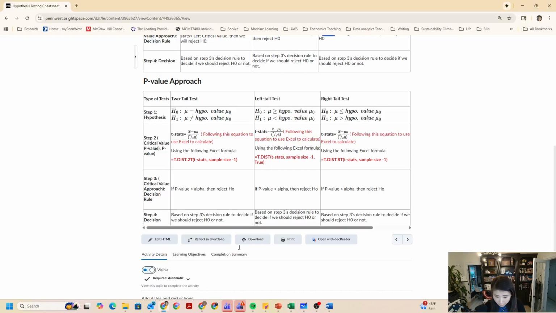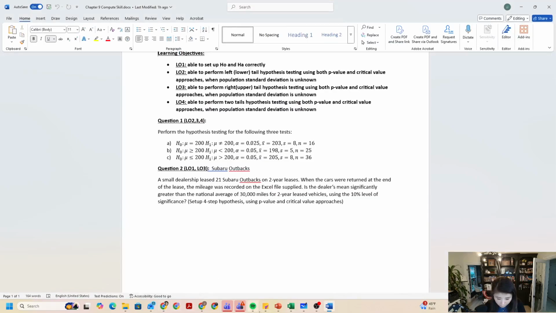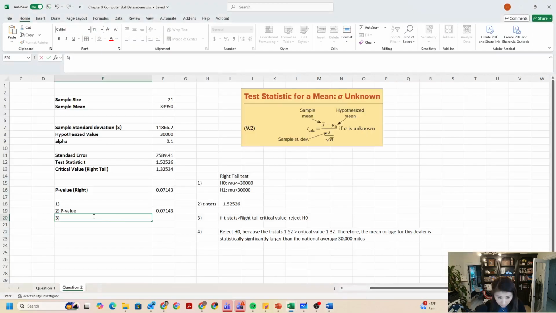Using the cheat sheet again. If the p-value we calculated is smaller than the alpha, then we will reject. So we come back to my Excel file again. Reject H0 if p-value smaller than alpha. Now let's see, shall we reject? The p-value calculated is 0.07 and the alpha is 0.1. Therefore, our p-value is smaller than our alpha. We need to reject. So therefore, your conclusion is reject